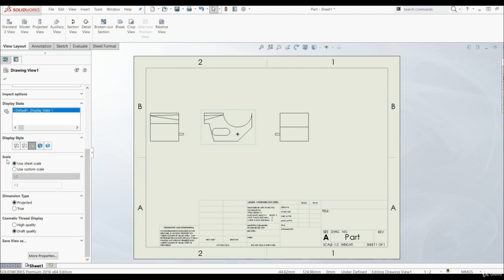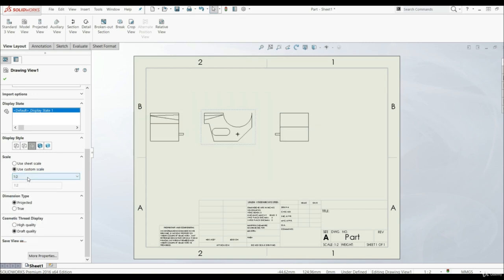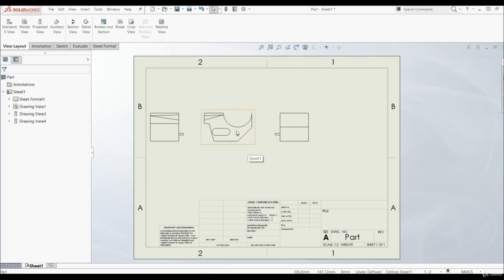Also, we can go to scale. Let's go to use custom scale, and here we have some custom scales. So let's go to 1 column 5. We can go to 1 column 1, or we can go here and user defined root. And now we can choose our own scale. For example, 1 column 2.5. Let's leave it to 1 column 2. Let's click OK. Now, as you saw, we have changed display style and scale of the front view, and automatically